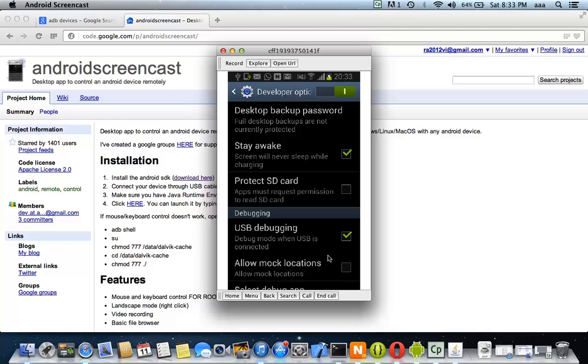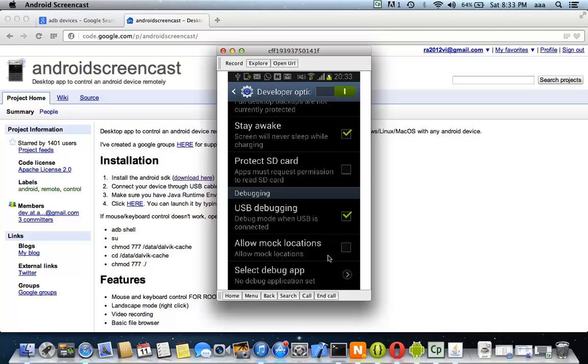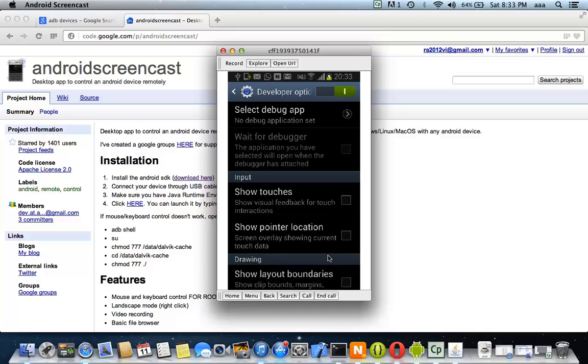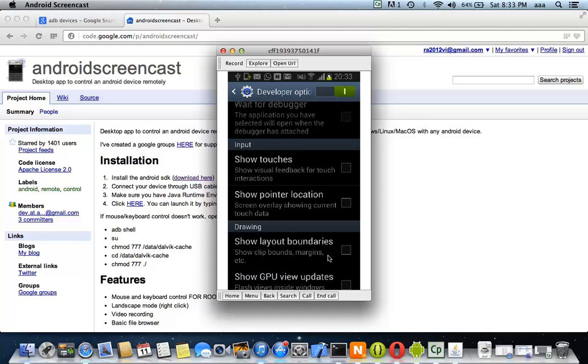That is, if you are using some app and you want it to stay awake, you will use that function. And here you get show touches, and then you select it, then it will show you wherever you are touching. That is how show touches works.